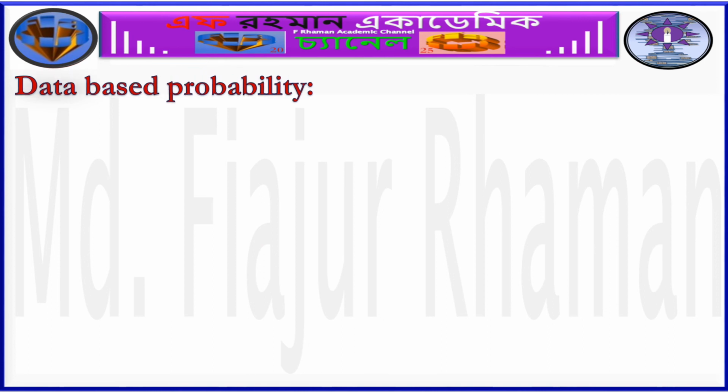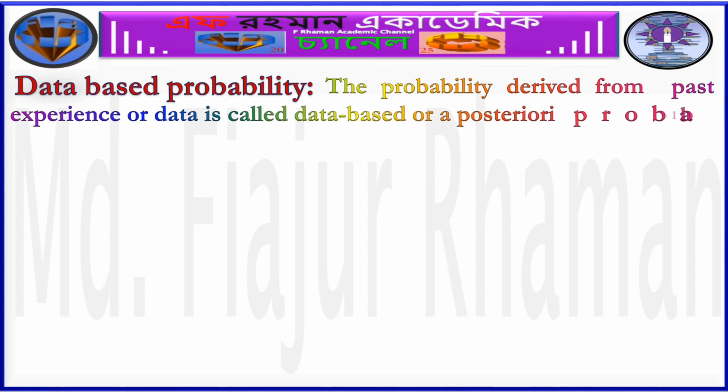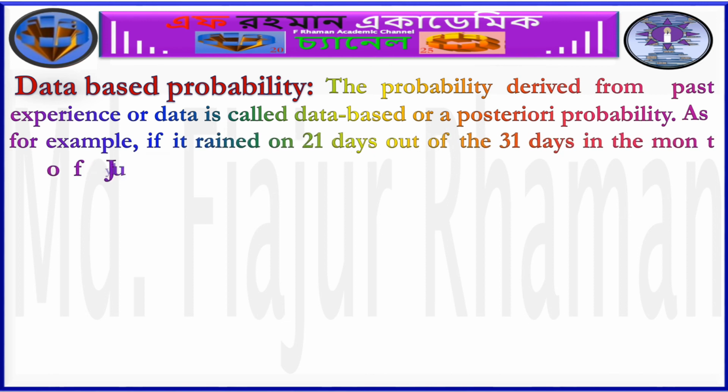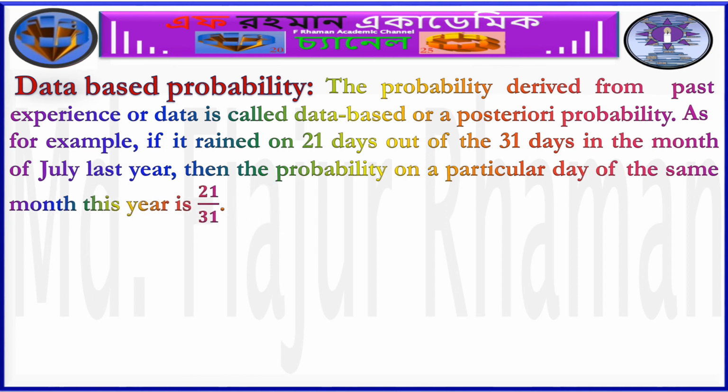Database probability. The probability derived from past experience or data is called database or a posteriori probability. As for example, if it rained on 21 days out of the 31 days in the month of July last year, then the probability on a particular day of the same month this year is